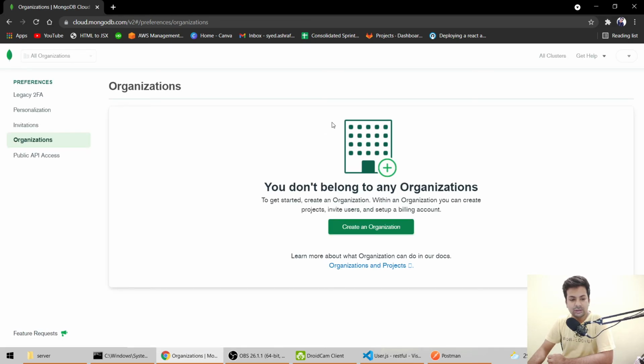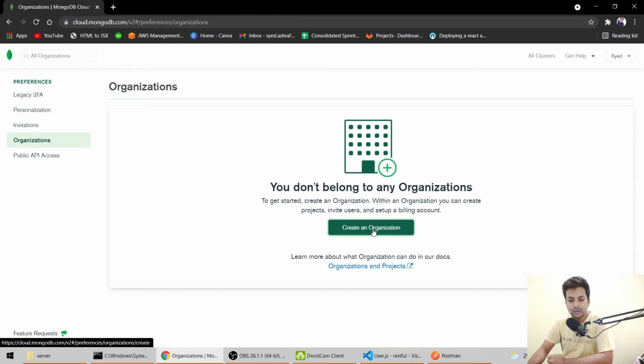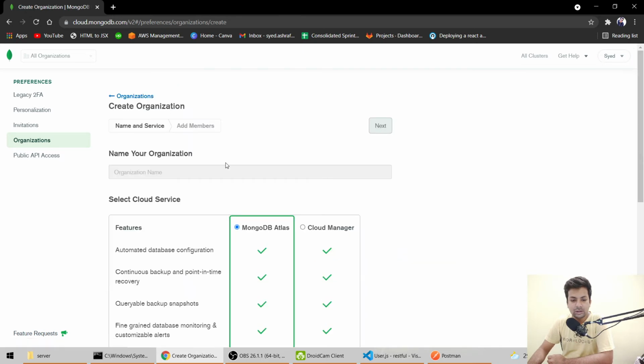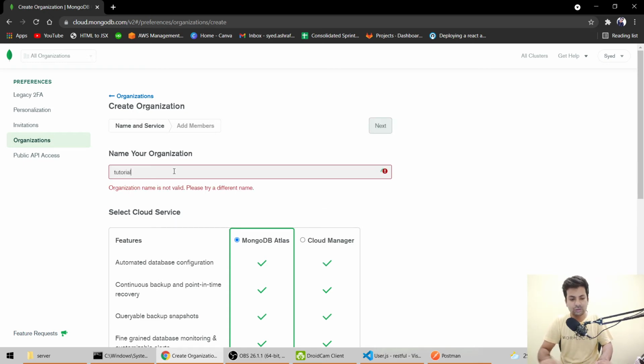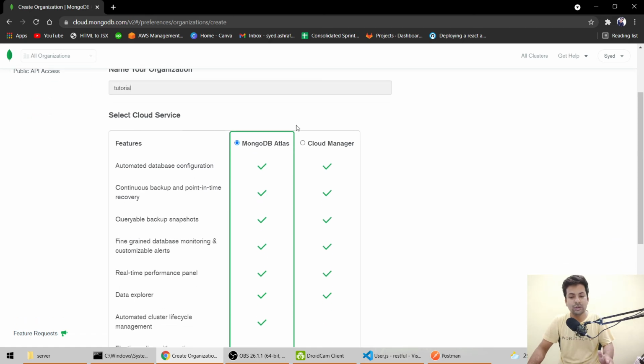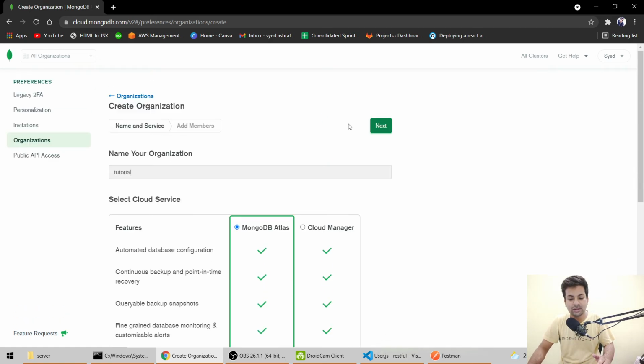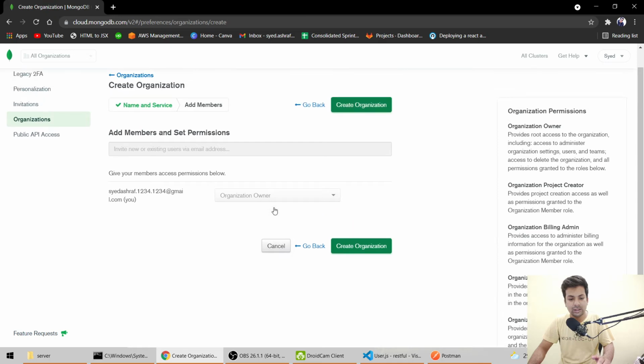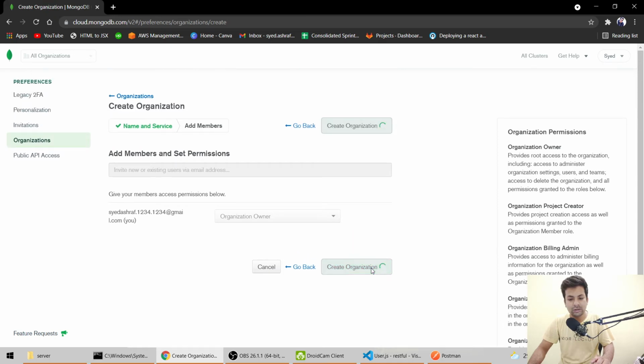Okay, be fast. Yeah, so it's here. Now we will create an organization. I think I have deleted everything, that's why it's showing me create an organization. Okay, organization name, I'll say tutorial. I think this wouldn't ask you, because I have deleted something, so that's why it's asking again. Say next, create organization.